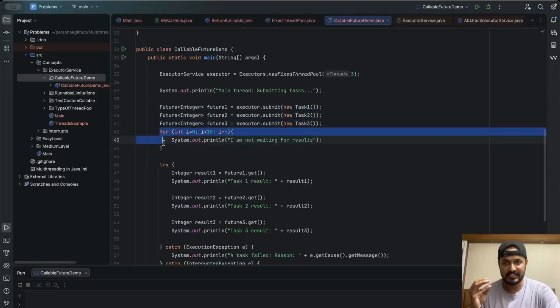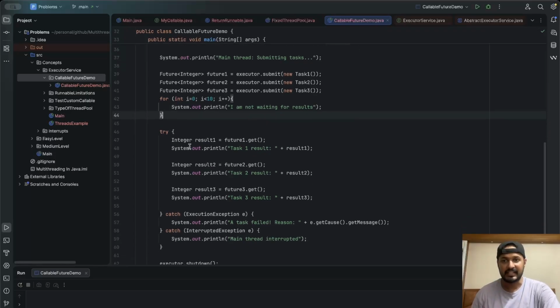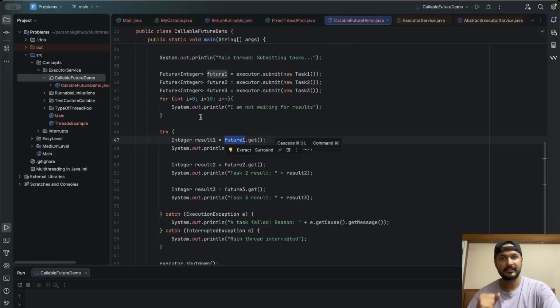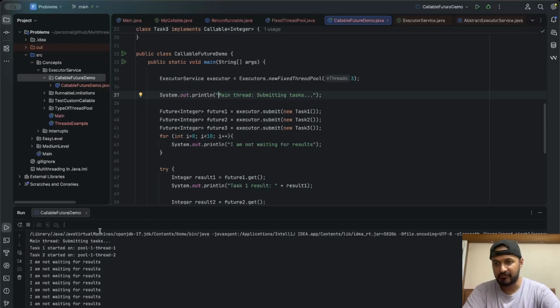So it will print "I am not waiting for results" 10 times, and then inside the try-catch we are trying to get the result using the Future object. So future1.get, future2.get and future3.get, correct? Let's go ahead and run this and see our output. First we have printed "main thread submitting tasks," correct?